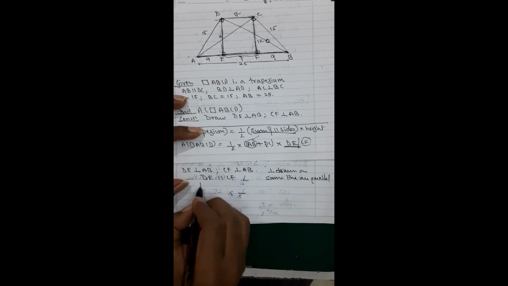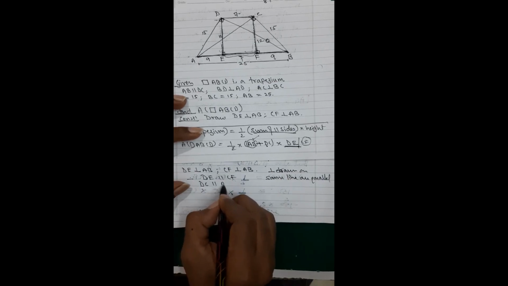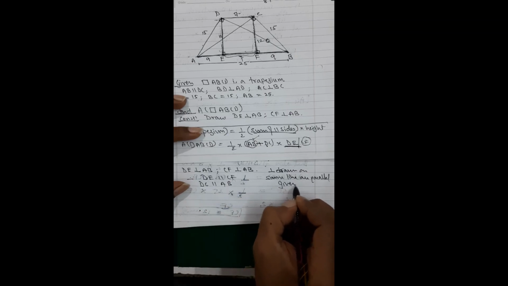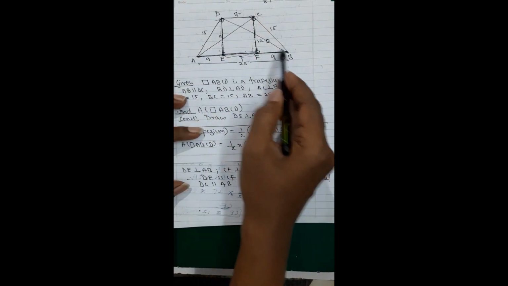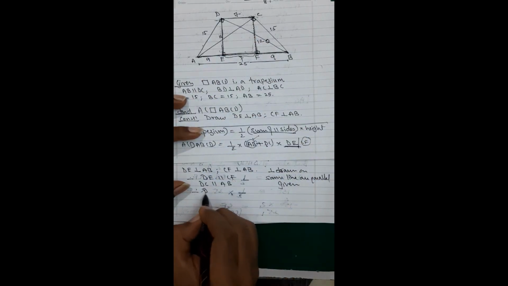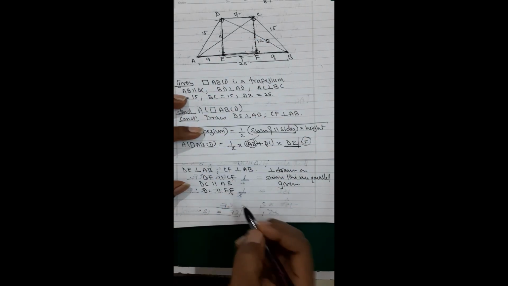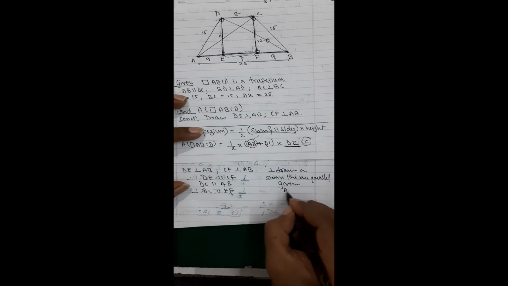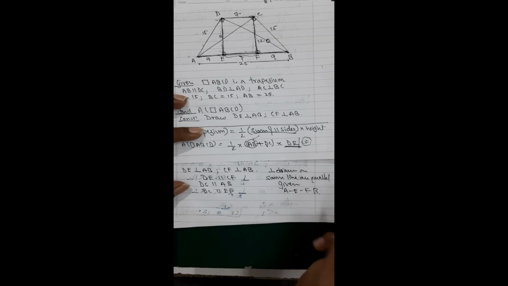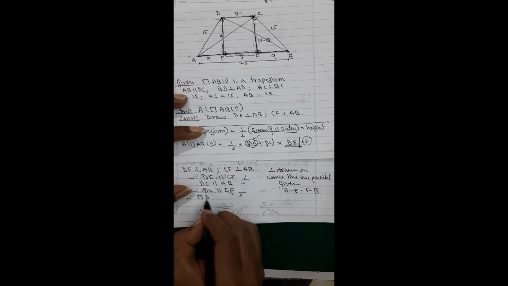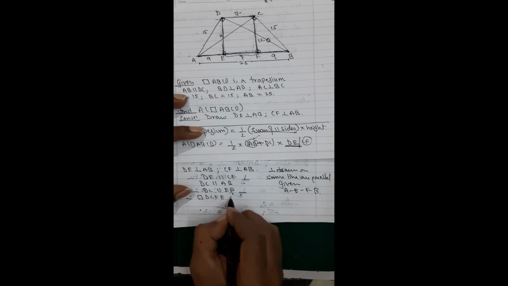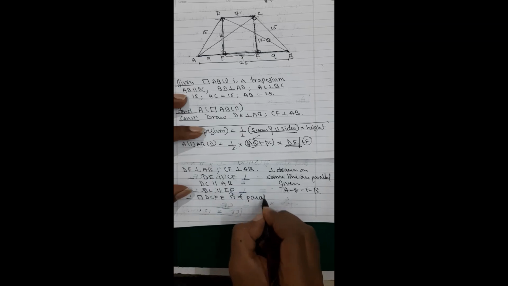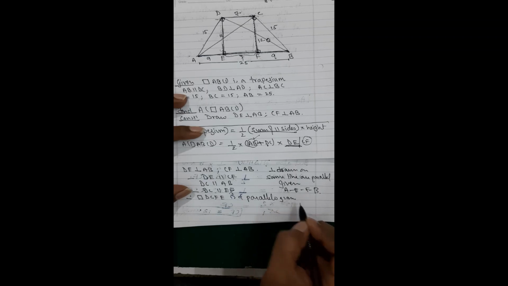Also DC is parallel to AB. This is given. DC is parallel to AB is given. Therefore DC will be parallel to EF. Reason again, A, E, F, B are on the same line. Therefore quadrilateral DCFE is a parallelogram because both the pair of opposite sides are parallel. DC is parallel to EF and DE is parallel to CF. Fine. Therefore there is a parallelogram.